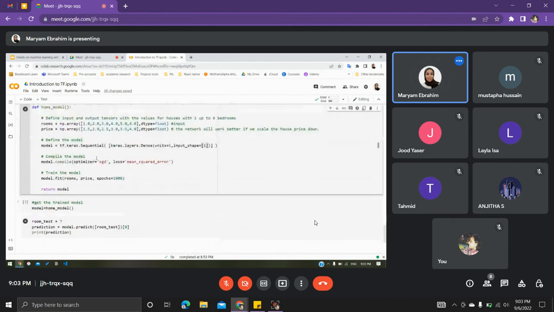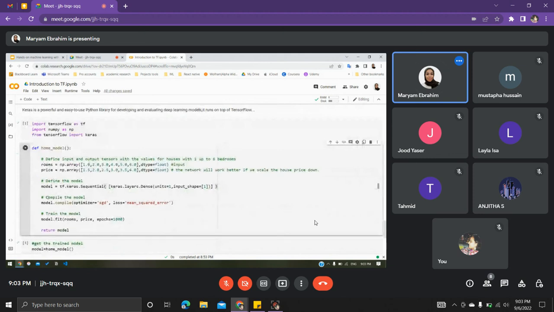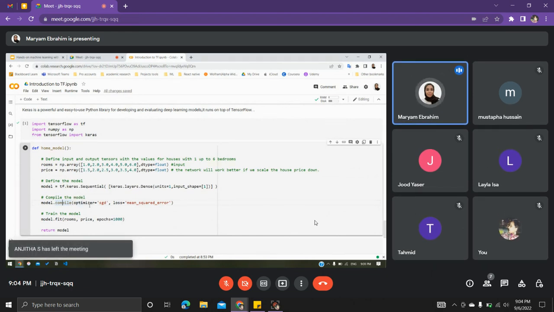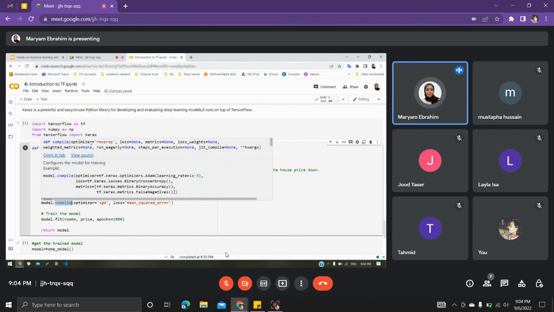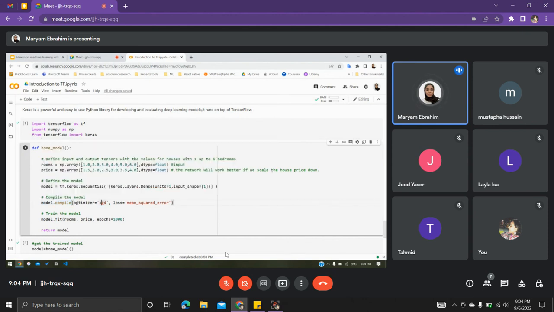into our hidden layer. So we define the hidden layer, and then we have to compile it. So by calling model.compile, the compile function actually will take multiple attributes, but for our case, to simplify it, we will just have the most important things, which is the optimizer and the loss. The optimizer, we define it as SGD. SGD is the gradient descent, and it adjusts the weights to minimize the loss function. So just by defining the optimizer as SGD, or the gradient descent, and the loss as mean squared error,